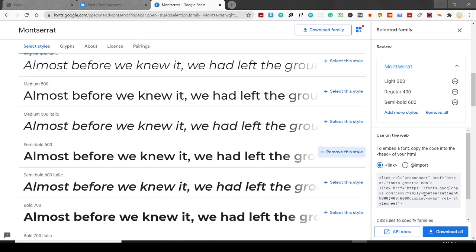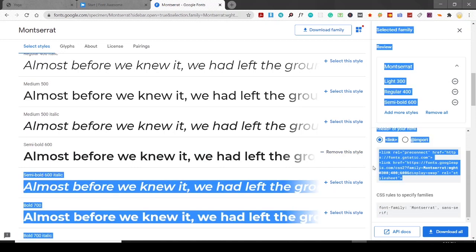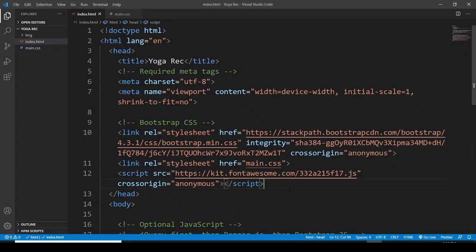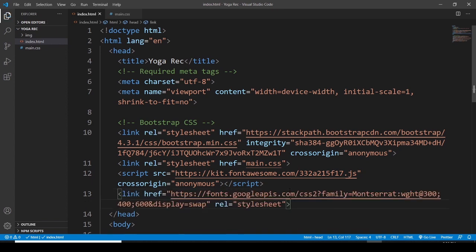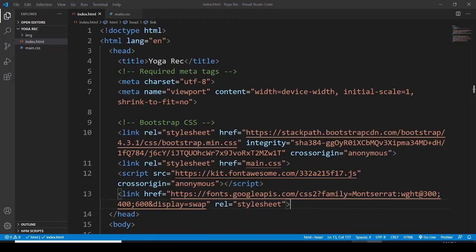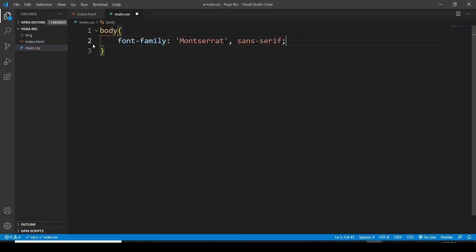Okay, and if you want, you guys can download it. I'm not going to download, I just want to use the links, the CDN links. So from here I just copy it and I want to paste it within the head section again. Plus, let me go back and let me show you for the CSS. Let me copy this, and here in the main.css I would like to say body. Within the body I have pasted the code. Okay,